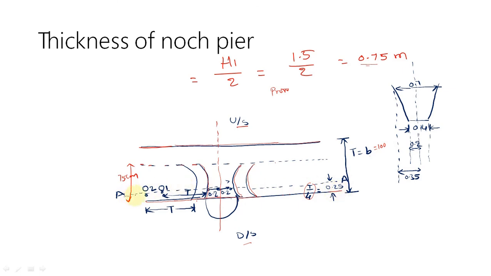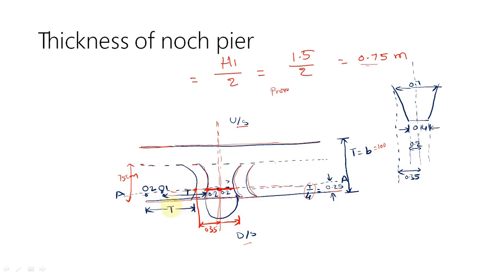So once you get this line, right, now we have the center line of the notch. So from this point you keep 0.2 meters on either side, and we got this point, right? And we know the top width of the notch. It is 0.7, right? So provide 0.35 on either side. 0.35 on either side. Now we got this value, right?